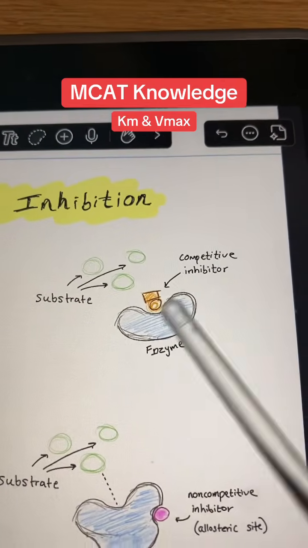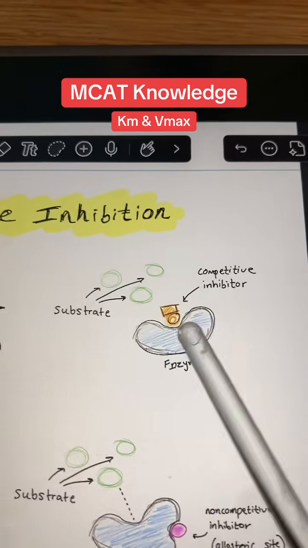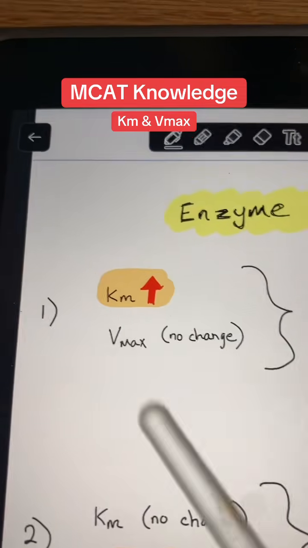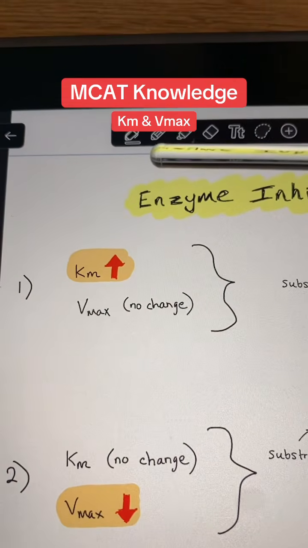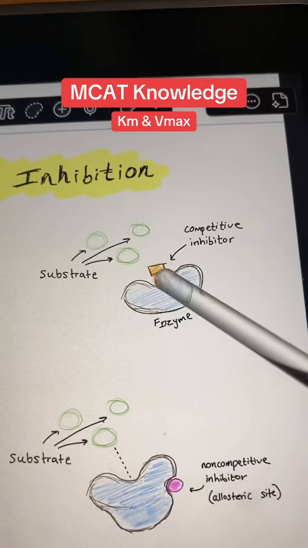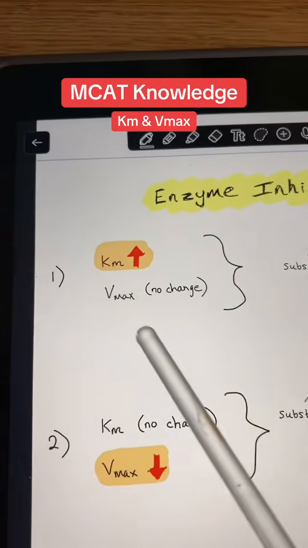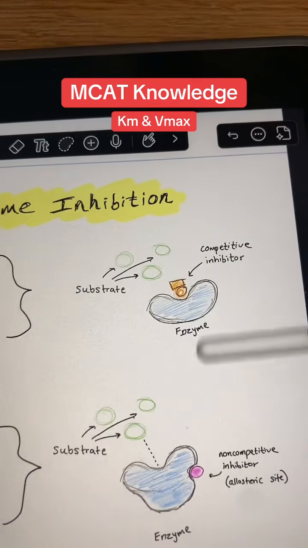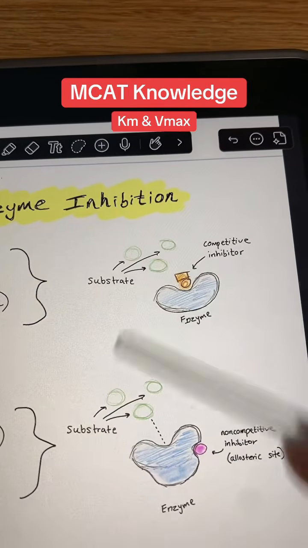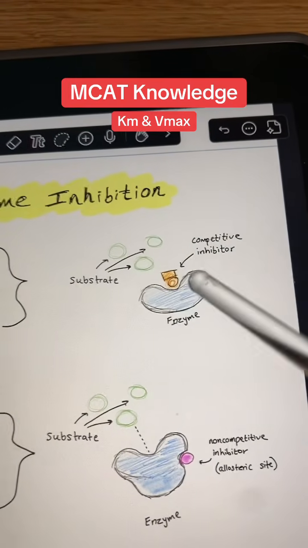The competitive inhibitor binds to the active site and competes with the substrate for that same active site. This is why the Km value increases, because we know that an increased Km value means a lower affinity for substrate. The affinity is lower because it's also trying to bind to the competitive inhibitor. They're competing. The Vmax does not change, however, because this inhibitor can be overcome by adding more substrate. And the more substrate you add, the higher chance that the substrate will bind instead of the inhibitor,